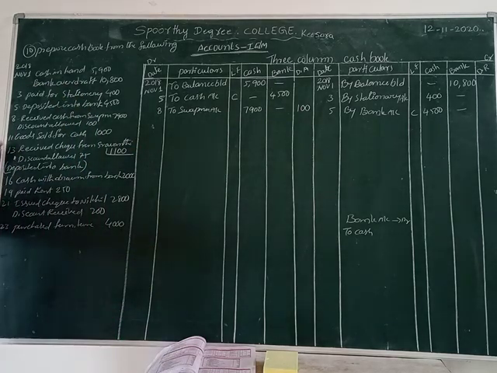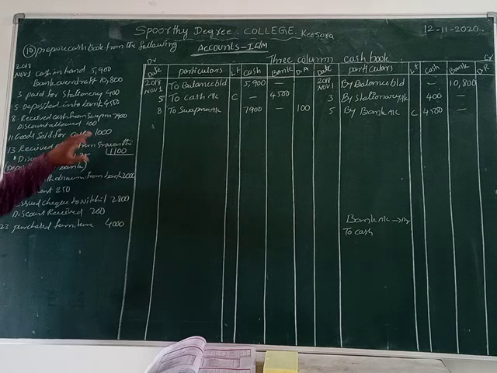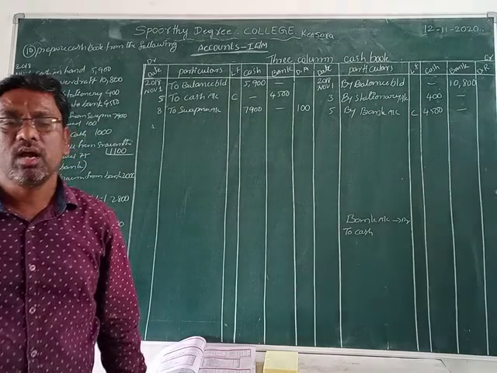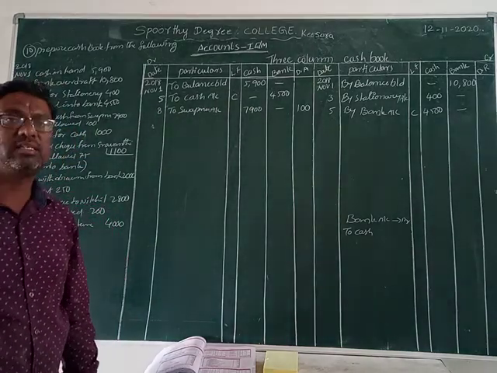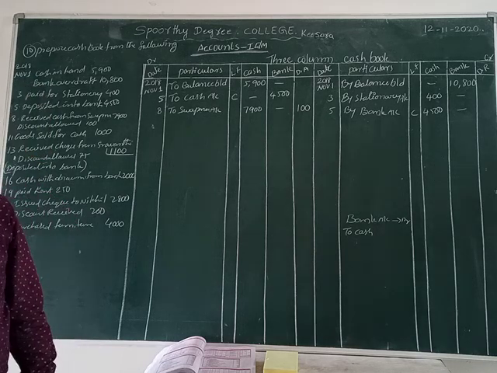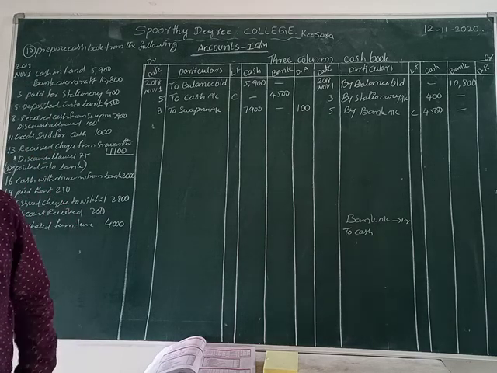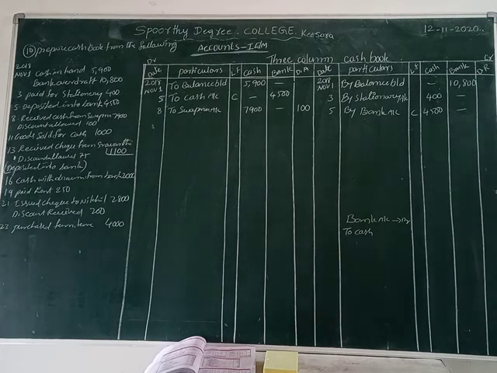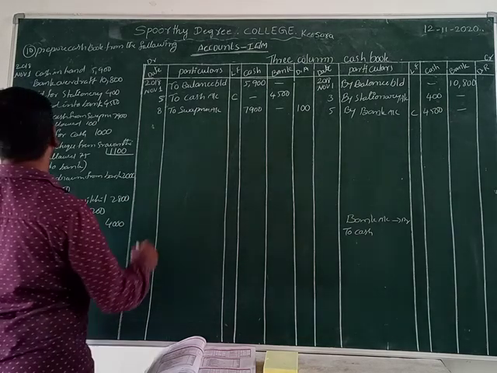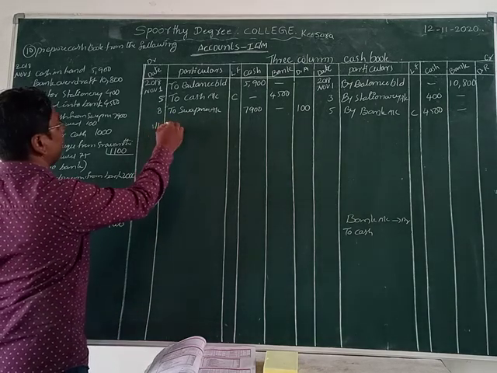Now the next one, 11th date. Goods sold for cash. How did we sell it? By cash. This time, what comes in the business? Cash comes in the business. So goods go out and cash comes in. Then we can record into which column, student? We can record into the debit column. Why? Because cash is received. Let us write down the 11th date.